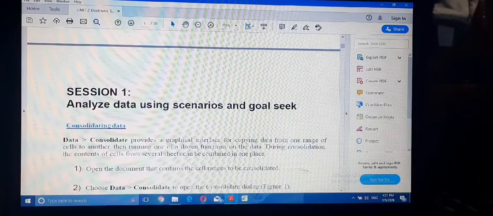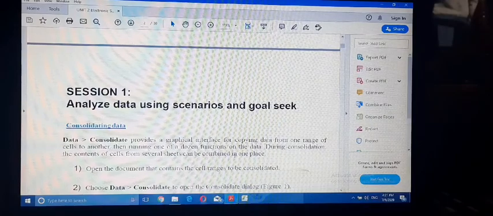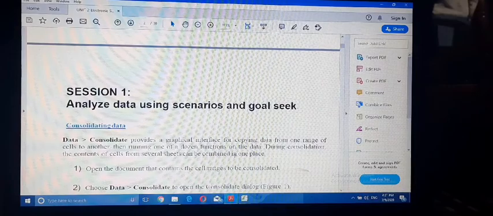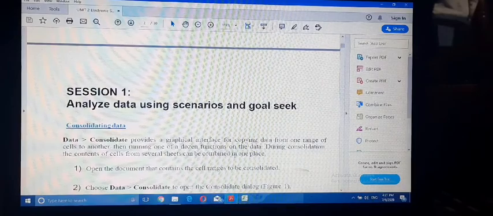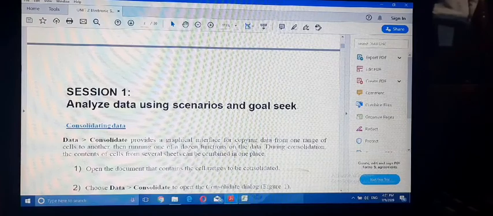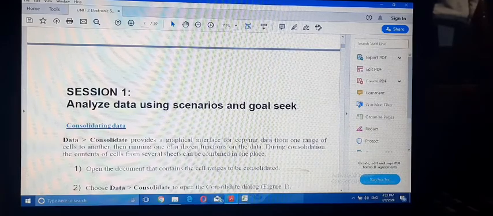Using this feature, you can consolidate data from different worksheets in a particular worksheet. Using consolidate, we can consolidate data of two or more worksheets in a single sheet. So how to consolidate data, I will show you practically.